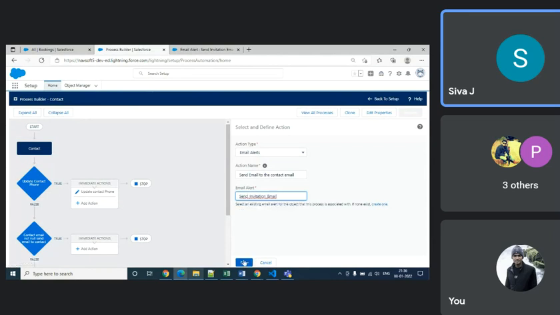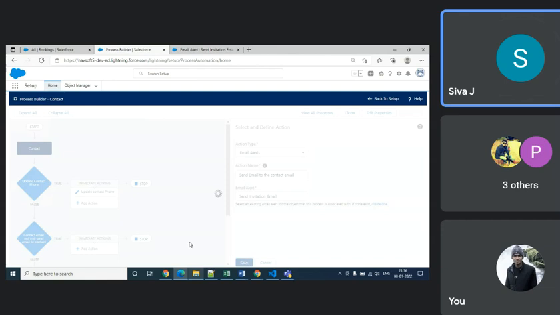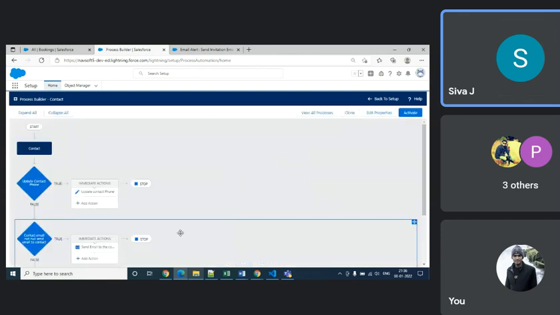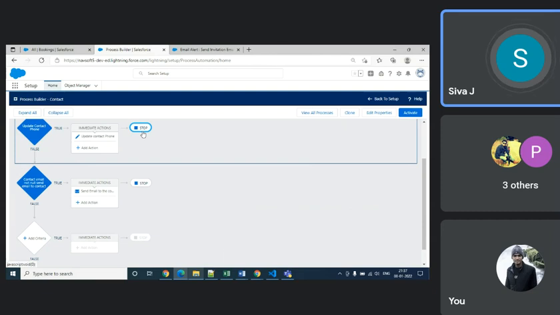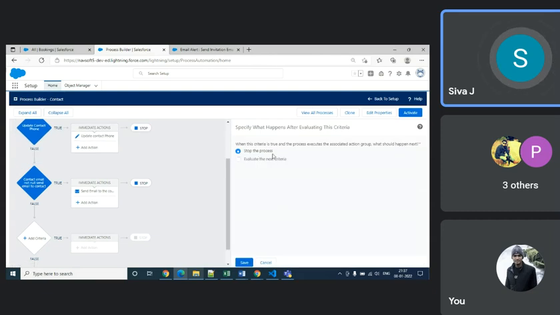Save it. Now see, click here. There are two options: stop the process, and stop the process and evaluate the next criteria.